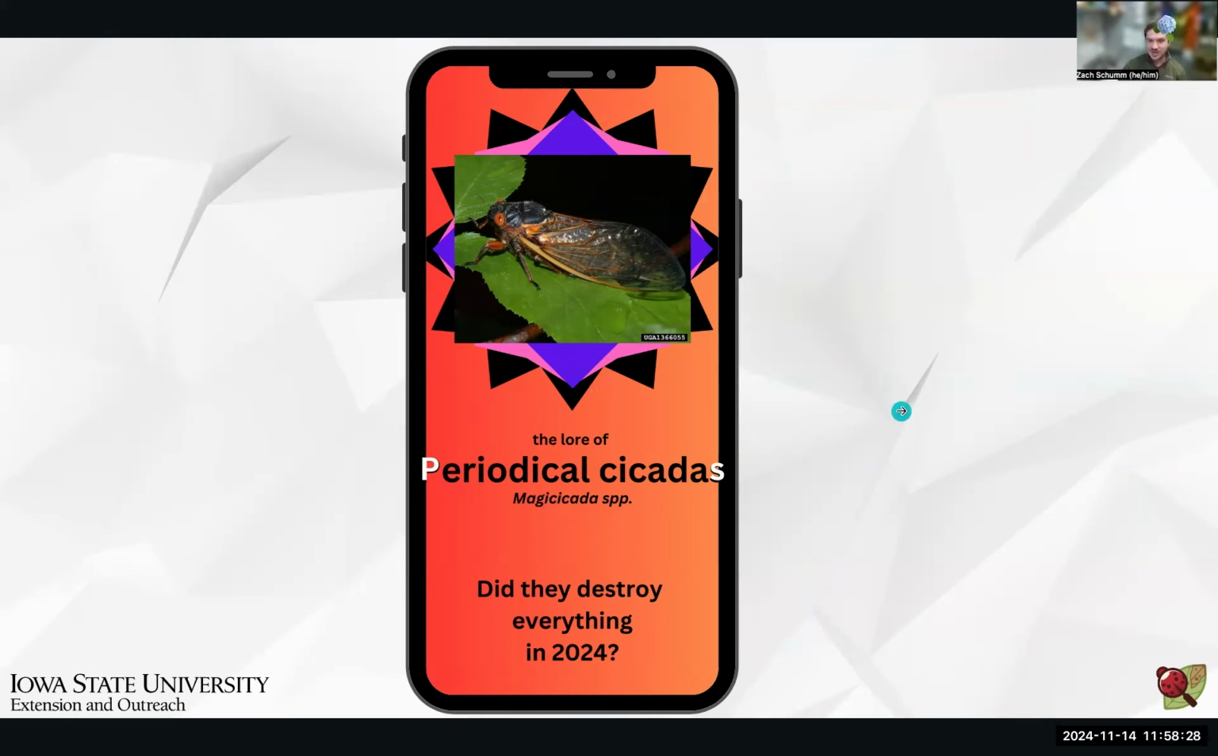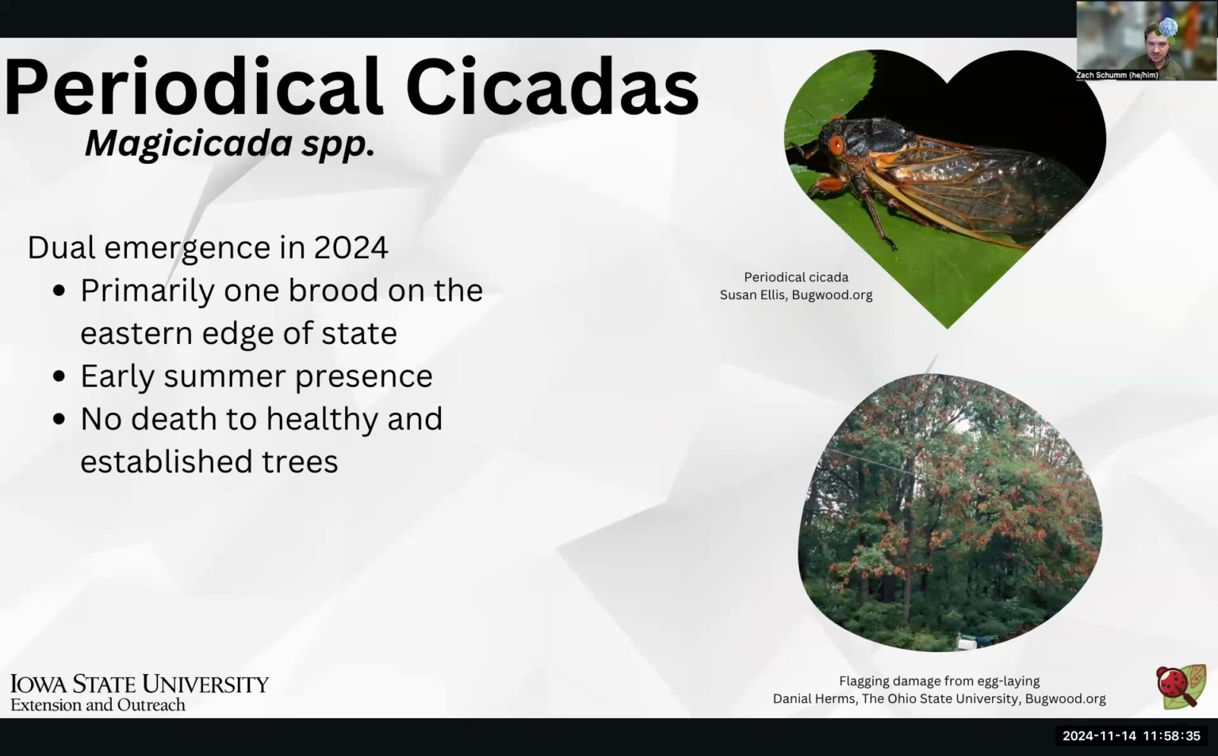nothing bad happened, but we did have a unique dual emergence in 2024, but Iowa only really experienced one brood of cicadas. So there's many different broods of these periodical cicadas that emerge every 13 or 17 years, but those broods emerge in very specific locations throughout the eastern half of the United States. In Iowa, we saw both broods, but primarily just one of them on the eastern edge of the state. The other brood emerged in the very, very southeast corner of Iowa. There were no areas in Iowa that we know of, at least, where both of these broods emerged simultaneously in